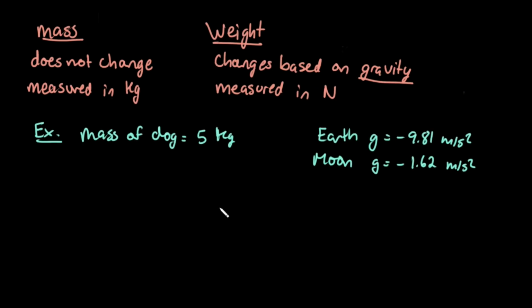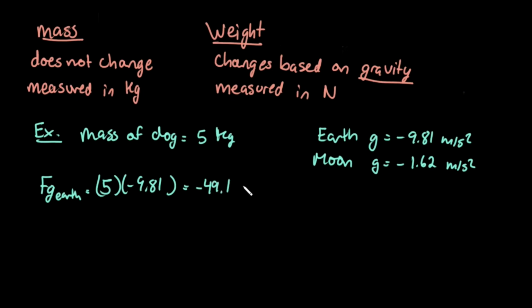Now, to kind of bring this point home, let's calculate the weight of a dog on the Earth and on the moon. So let's say that our dog has a mass of 5 kilograms. So let's calculate for Earth first. So mass times gravity, so 5 times our negative 9.81 will give us a total weight of negative 49.1